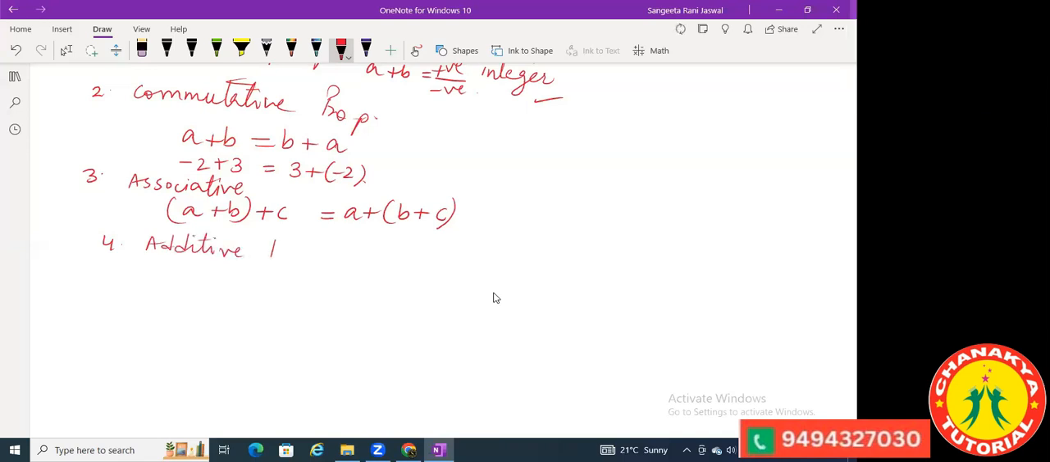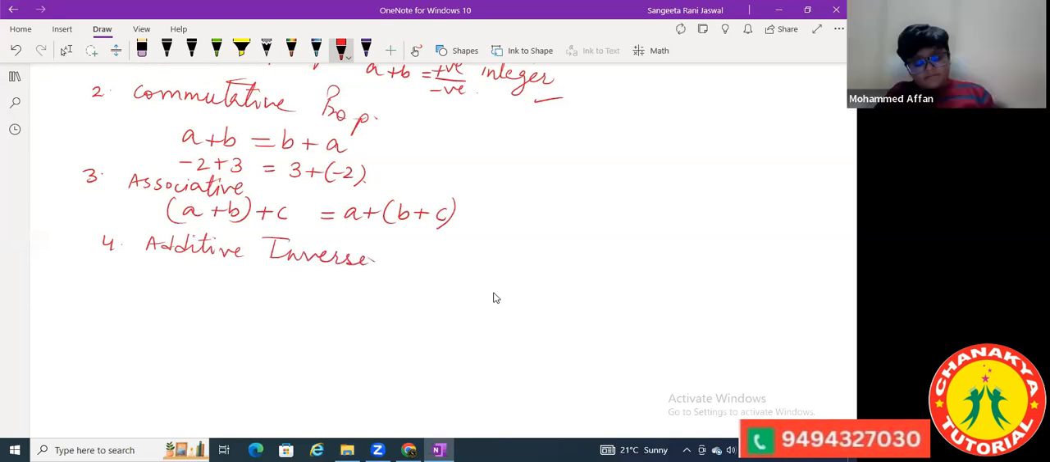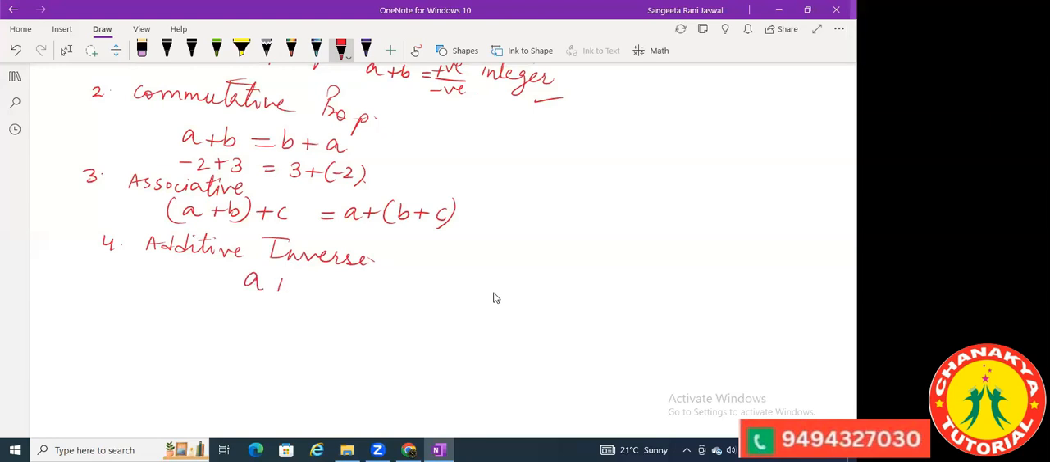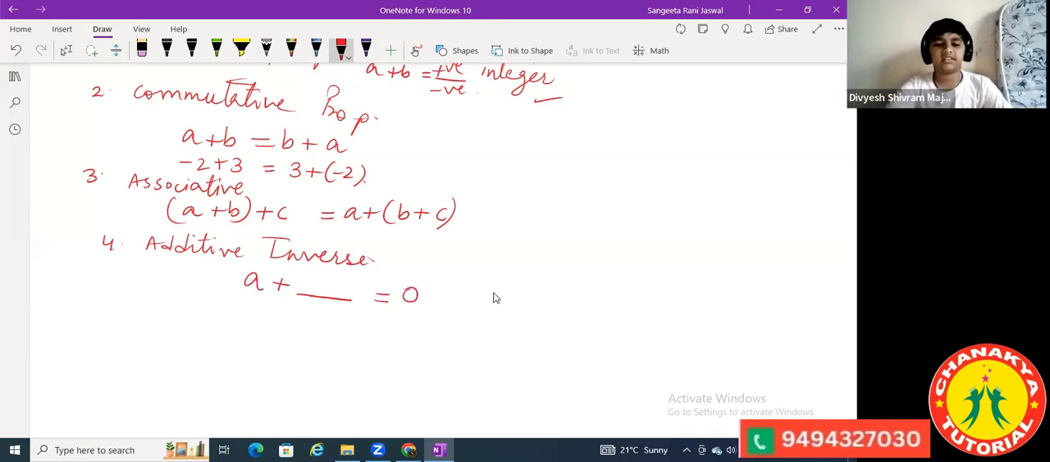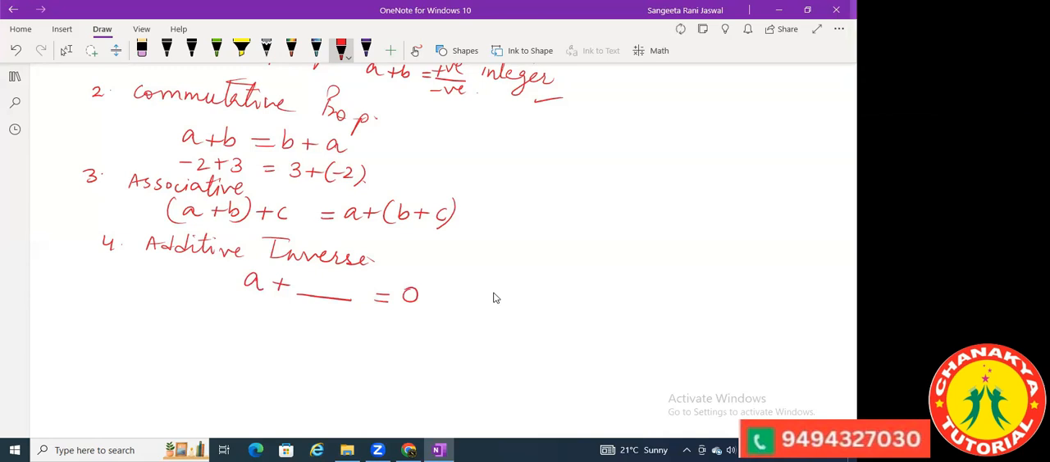Additive inverse. Additive inverse is that, suppose you have any integer A, you add it with some integer so that you get your answer. Like the additive inverse of 6 is -6. Yes. Afan was saying you add an integer with which, when you add,